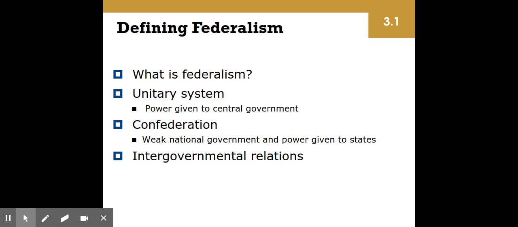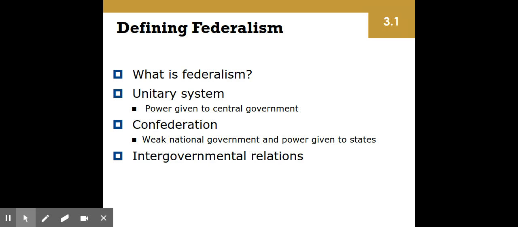So, what is federalism? Once again, it is a shared system of government power between the federal and state government. The states, by the way, also have in their constitutions the ability to share power with local government. A unitary system is different. It's when power comes all from one place. So, for instance, in France, most power emanates from Paris. And as an example, the Minister of Education can look at his watch and tell you what elementary students are doing at 2 p.m. that day. So power and decision making comes from one place.